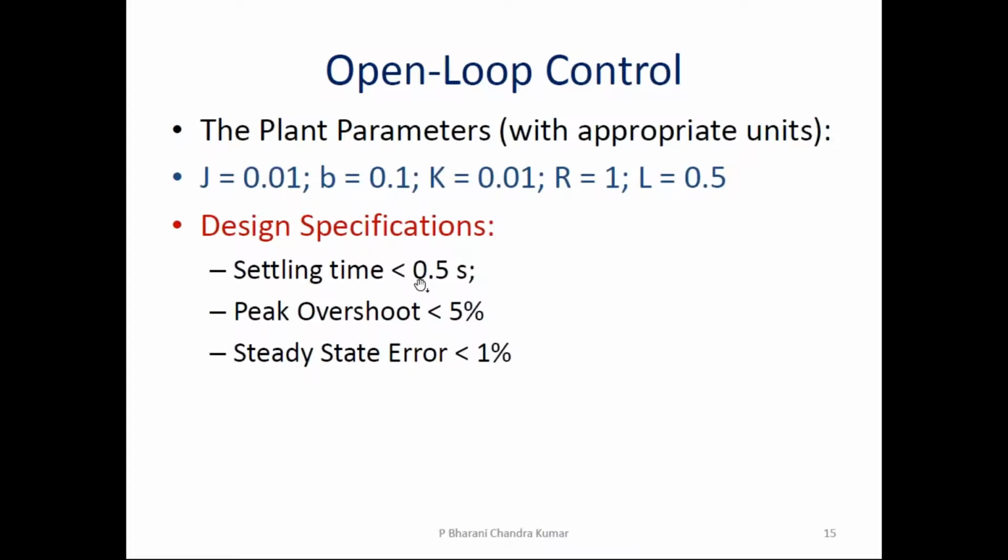How do I design? This is what I am specifying for my particular plant: the settling time is less than 0.5, the peak overshoot is less than 5%, and the steady state error is less than 1%. This is what I want. So for that to happen,